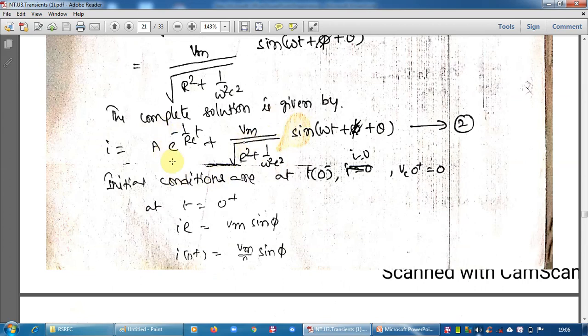So the complete solution will now be transient response plus steady state response. Now the initial condition varies slightly here. Whereas in the RL circuit I equals 0, therefore we substitute I equal to 0 there. But here